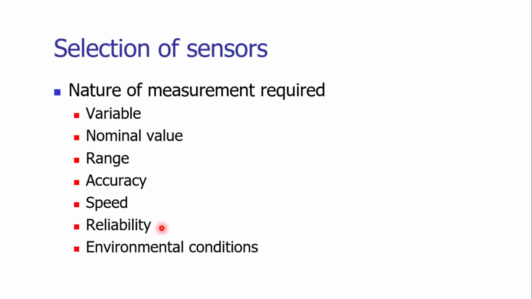For safety applications, the sensors should be reliable. In addition to these parameters, there is the environmental condition in which the sensors will be employed. If the environmental conditions are harsh, such as having a lot of dirt, or high temperature or humidity, then under all these environmental conditions, will the chosen sensor work properly or not? These things are very important when we choose a particular sensor for our application.